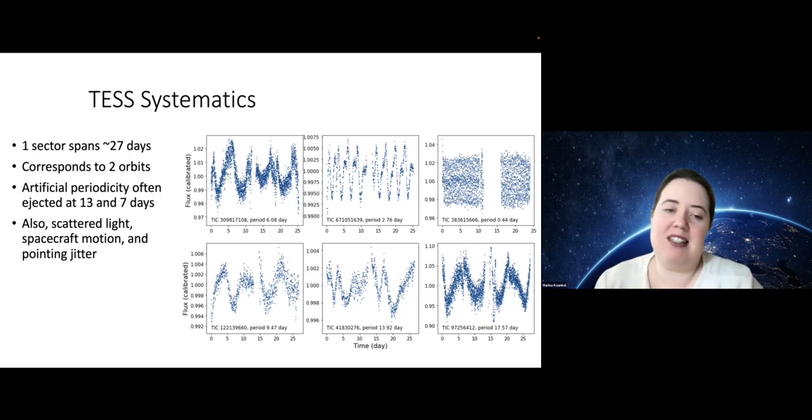So there are a lot of complexities in how you can correct these light curves, but in practice, it's very difficult to go to periods longer than 13 days, and in practice, longer than 7 days in most cases, because of these systematics. And that's a bit unfortunate because there are a lot of stars that have rotational periods much longer than 13 days.